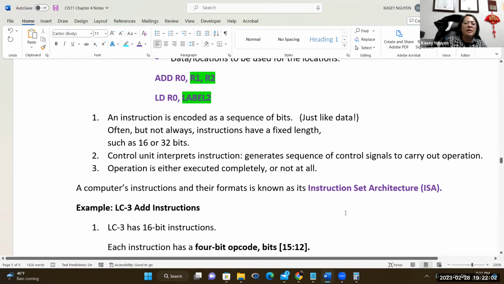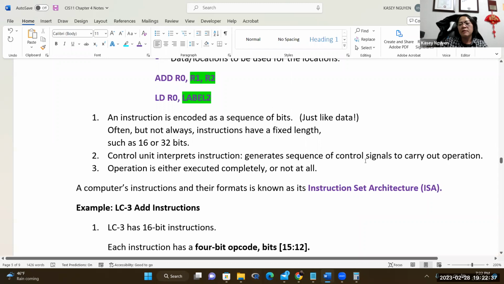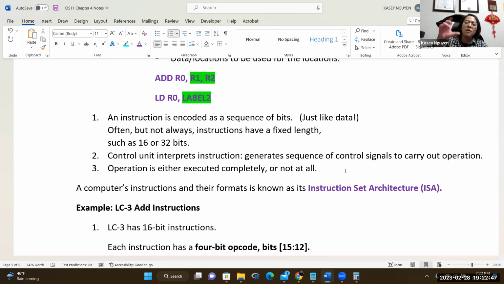Okay, so the next part talks about instructions being encoded as a sequence of bits, just like data, but not always. And it has a fixed length, 16 bits or 32 bits, or a certain size. So the CU interprets the instructions, and it would then generate control signals to carry out the operation. Remember that we are using integrated circuits. So for our embedded system, it would generally generate an electrical signal for the operations, right? And we're going to see this in the lectures for the upcoming weeks,